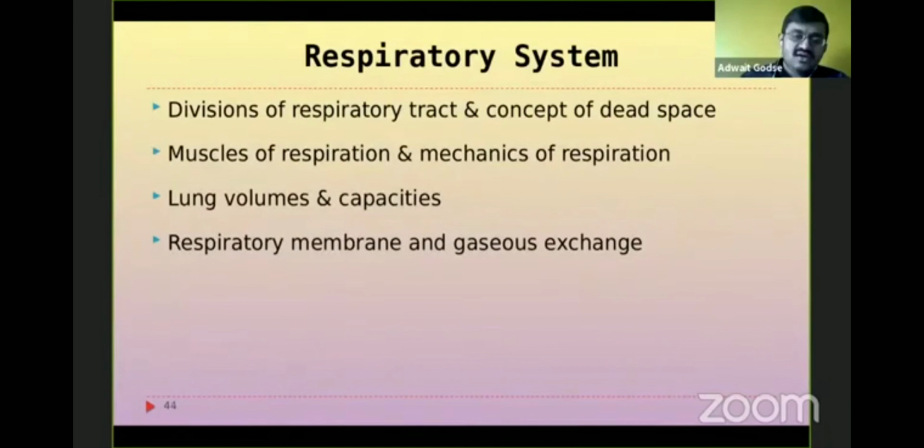Next system will be the respiratory system. Now we are left with respiratory system, renal, and GIT, and we have approximately 20 minutes. So let's rush through these systems quickly. Divisions of the respiratory tract and the concept of dead space are very important. Muscles of respiration: we know the chief muscle of inspiration is the diaphragm, and it is assisted by the external intercostals. Muscles of expiration are the abdominal muscles and internal intercostals. Mechanics of respiration, the two important movements, bucket